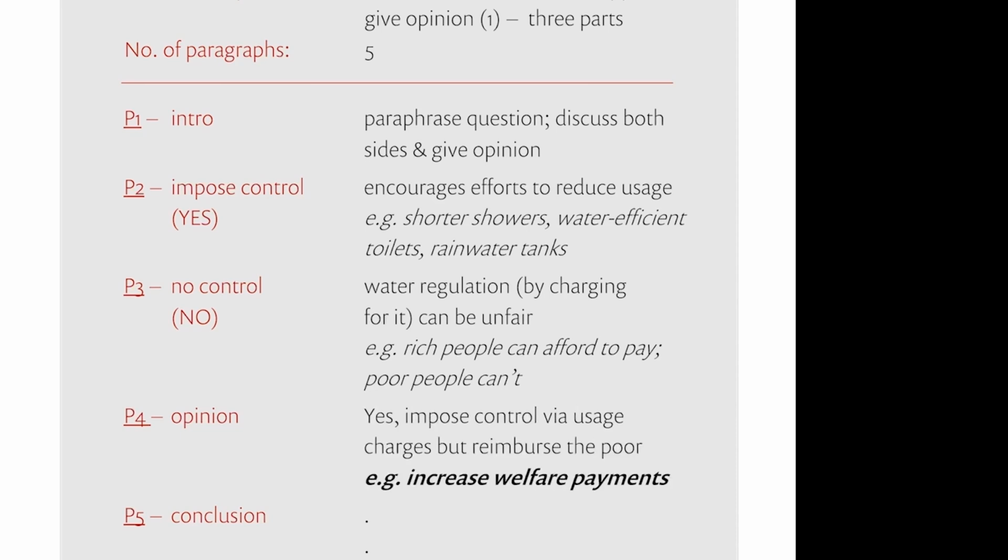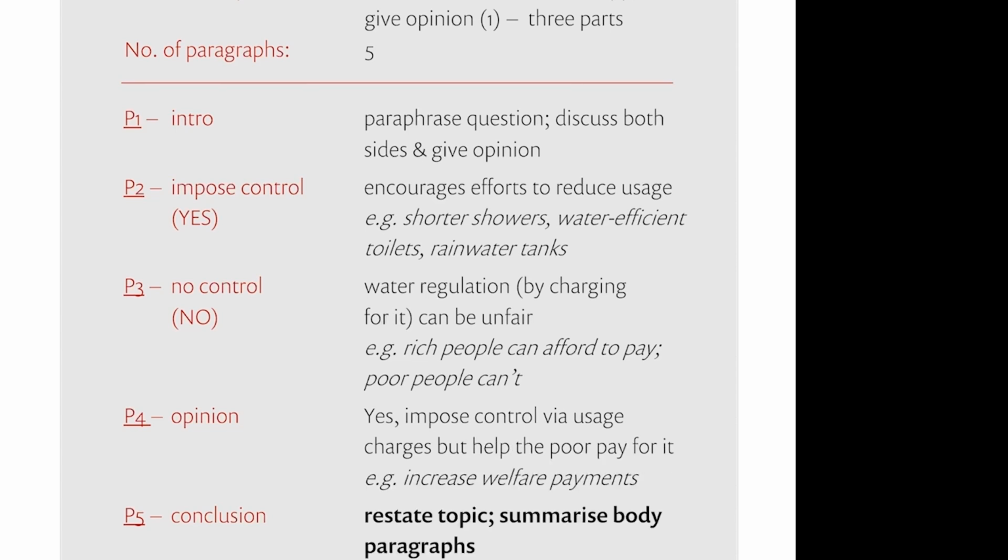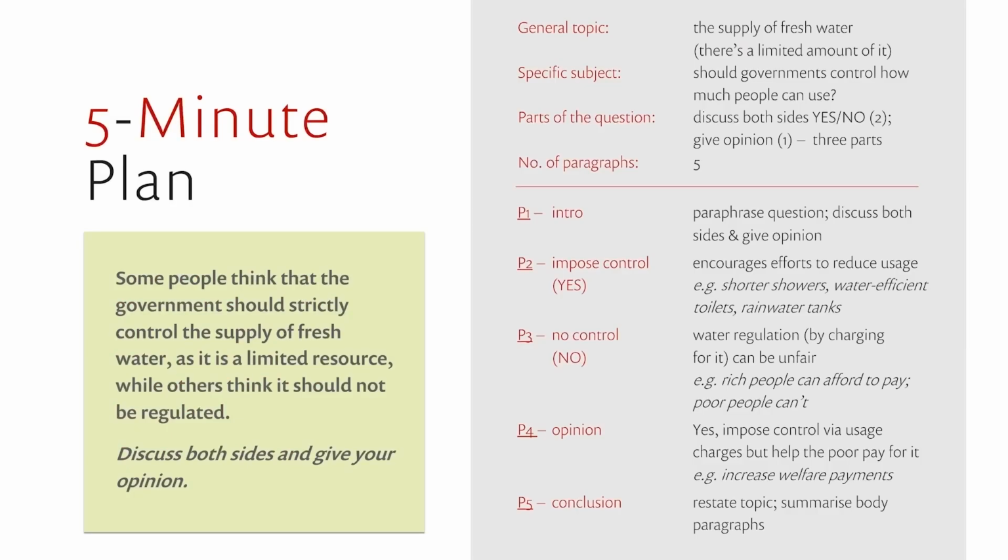All that remains then before you start to write your answer is the conclusion. Planning this is straightforward. You just have to restate the question in a different way and briefly summarize your body paragraphs, including your opinion. Remember, this is no place to add any new information. It is a summary only. So now we have our plan. We don't have to stop during our writing to think of anything new. We can simply concentrate on showcasing our best English writing as we fully answer the question.